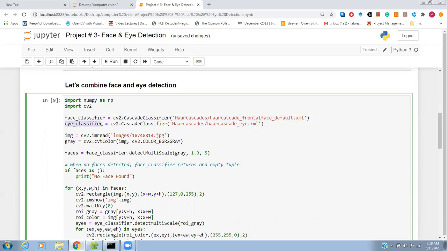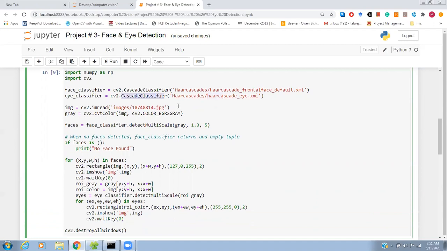We use OpenCV, which has the CascadeClassifier method. We load this file, then we take our image and convert it into a grayscale image, and use the same detectMultiScale with the scaleFactor and minNeighbors. So it identifies the faces.